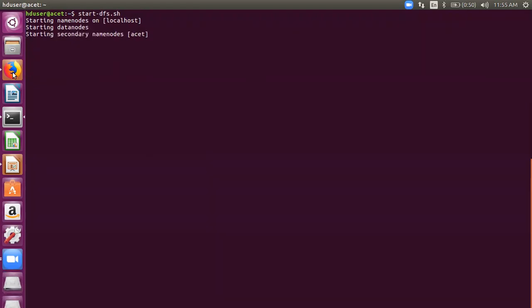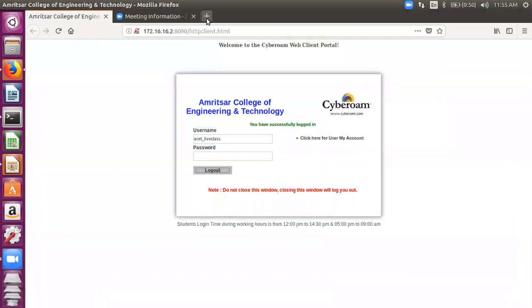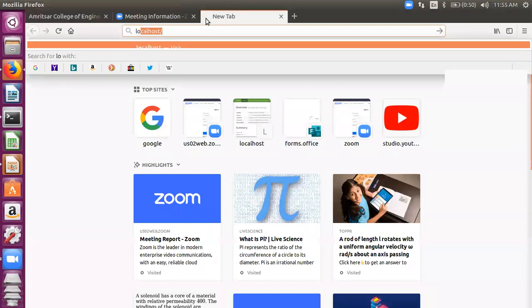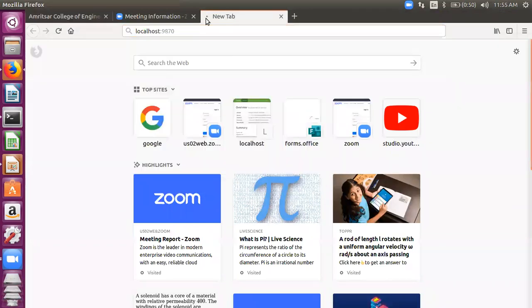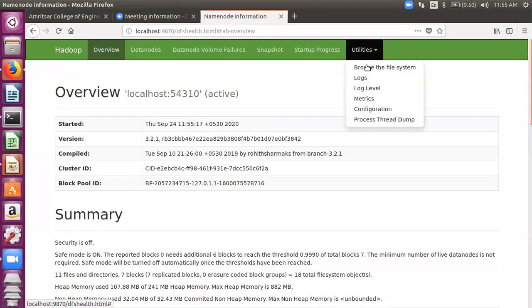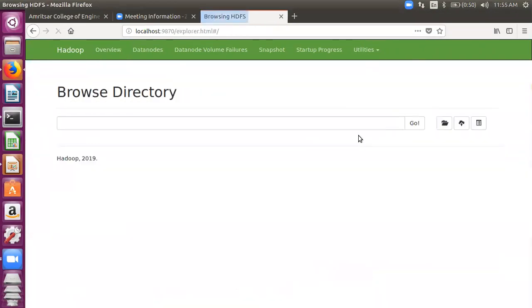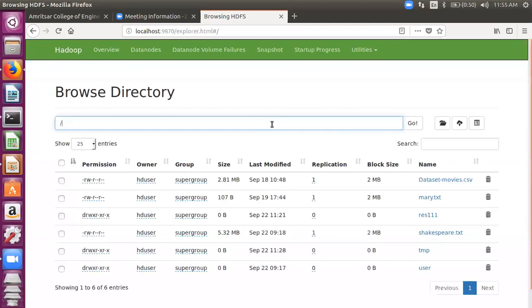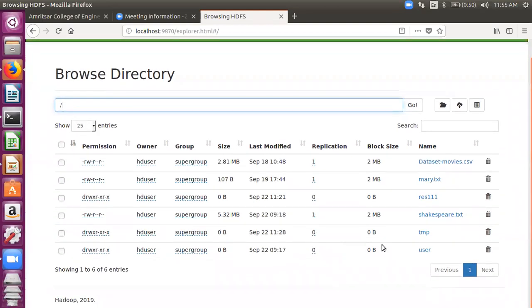So let's go to our cluster. Let's look for the localhost. Okay, it has started, so we can see the localhost, I suppose, and we can browse the file system. Okay, you can see the file system is here.